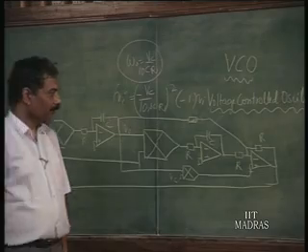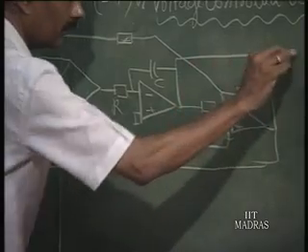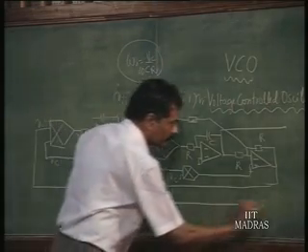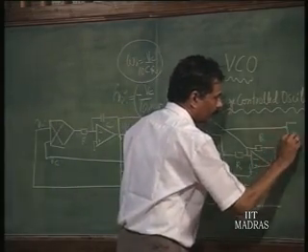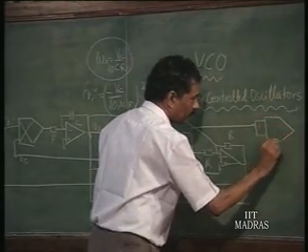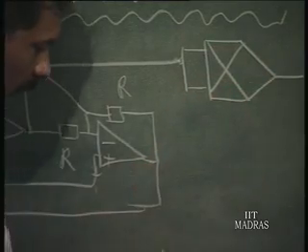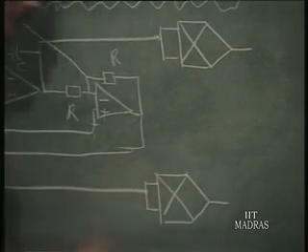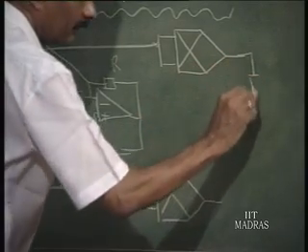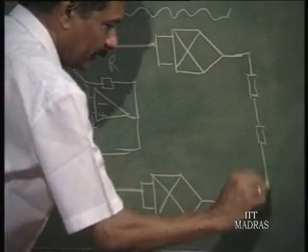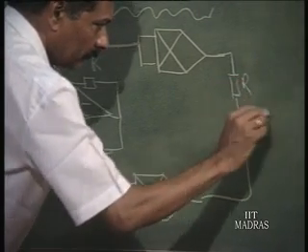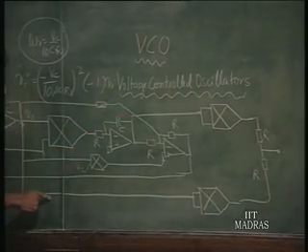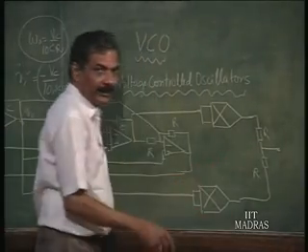Therefore, the way to build this circuit is you just take these outputs, square these, and add. Adding can be done by using just a resistive network like this. If this is done, this is Vp sin omega t, this is Vp cos omega t. So, what we will be getting here will be